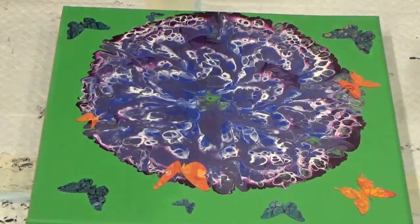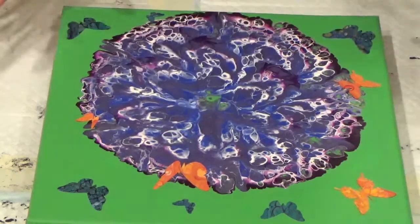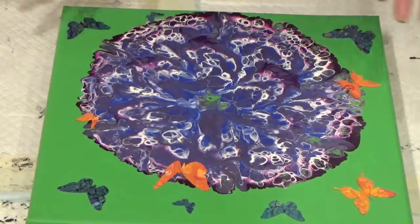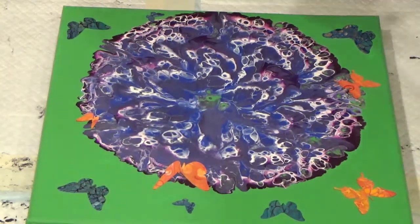Yeah, so I've taken the time already to go ahead and place my butterflies where I want them to be. And this is really important because once you stick this to the canvas, it's stuck. You can't move it around. Now this is an unfinished one, and this is one of the flowers I just poured a few days ago. So anyway, this is Liquitex